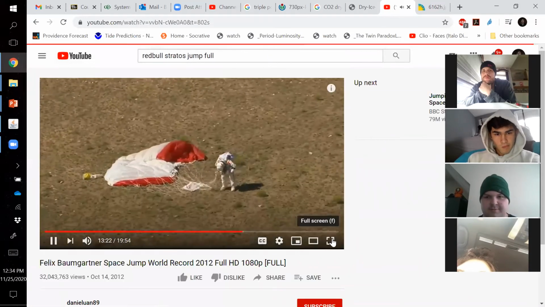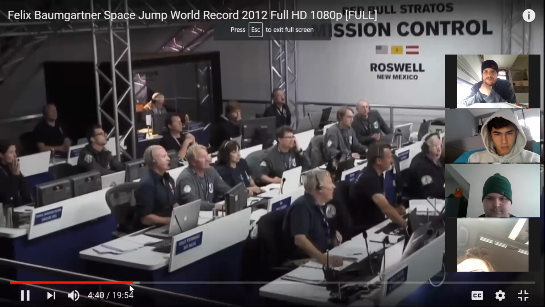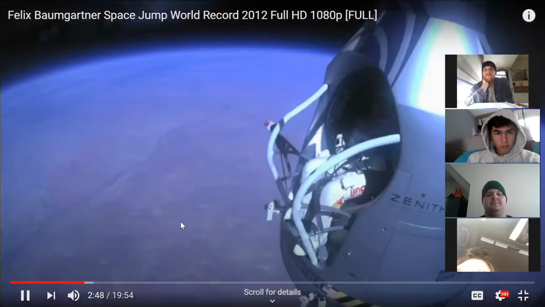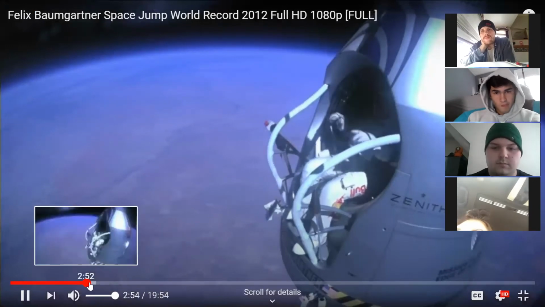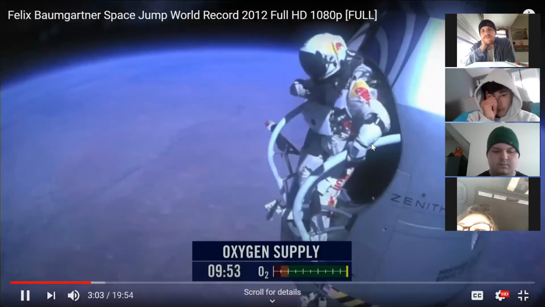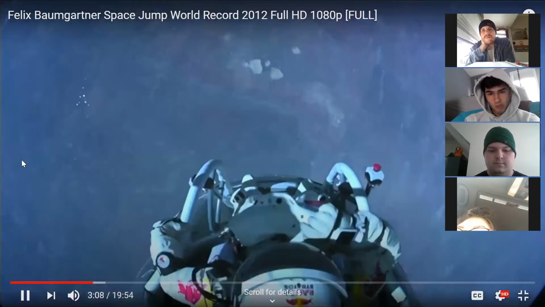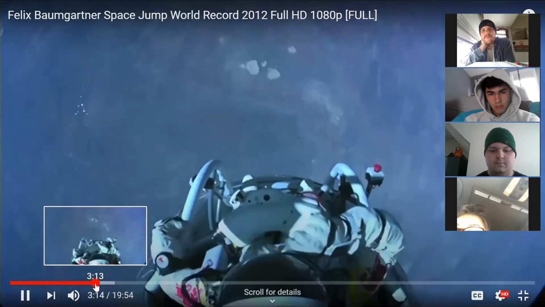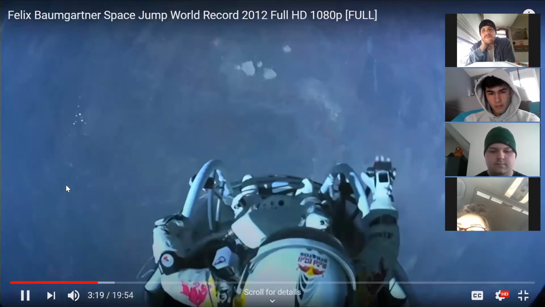Oh wow, this is in high definition too. Here, I want to show you guys this moment where he steps out of the capsule, just so you can imagine what a bold thing this is. So here he is, getting out of the space pod. And I just want to go to the moment where he jumps. I mean, look at that. That's a layer of Earth's atmosphere, guys. People study. Here we go. He mumbles some stuff into his microphone. Not sure what he's doing there. He's getting make sure his parachute's ready to deploy, probably.